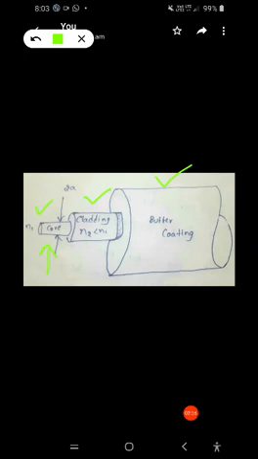So that is the optical fiber cross section. This is the basic structure of optical fiber: core, cladding and buffer coating.